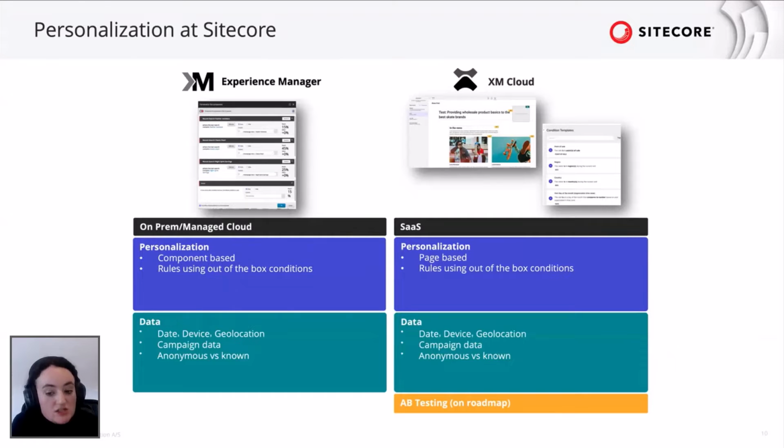You have out-of-the-box conditions to create the kind of personalization that you want. Here's a screenshot of some of the conditions that you have, for example, based on point of sale or region or anything else. The personalization is also currently page-based, so you're doing a personalization on an entire page as well. When we talk about the data that you have access to